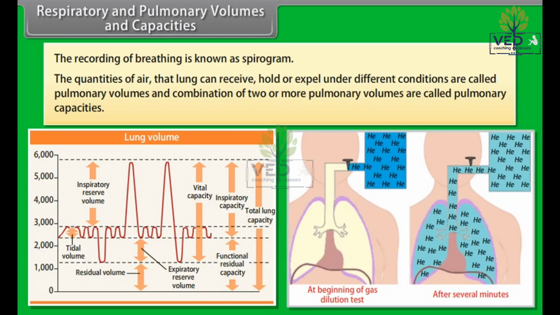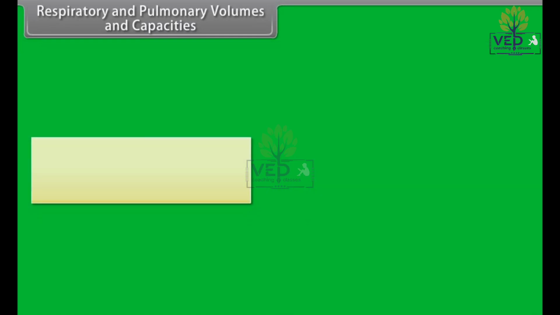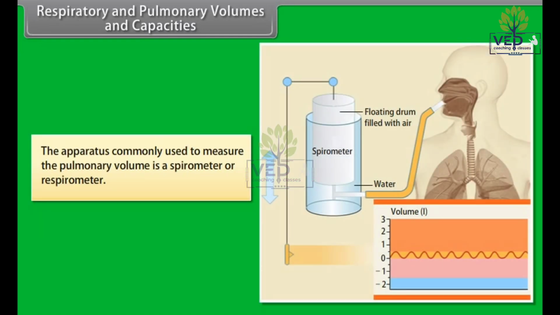The quantities of air that lungs can receive, hold, and expel under different conditions are called pulmonary volumes, and combinations of 2 or more pulmonary volumes are called pulmonary capacities. The apparatus commonly used to measure the pulmonary volume is a spirometer